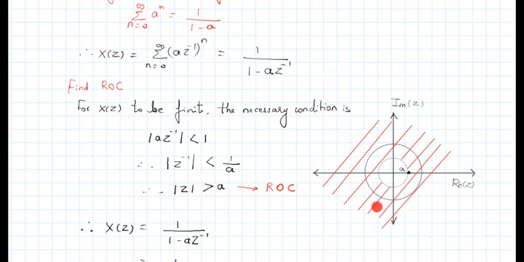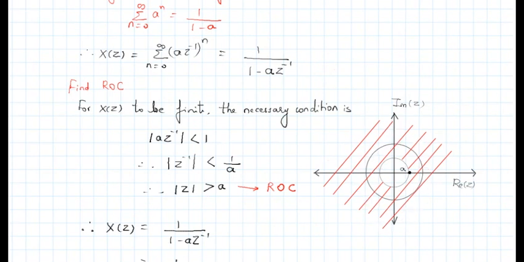The lines in red are a sketch of where the ROC exists. So this is the region where ROC exists, and this is the region that should be avoided, inside a. So the ROC exists outside a, which is highlighted as shown here. The sketch quickly helps us identify the region where the z transform exists. So the z transform exists in the region outside a.